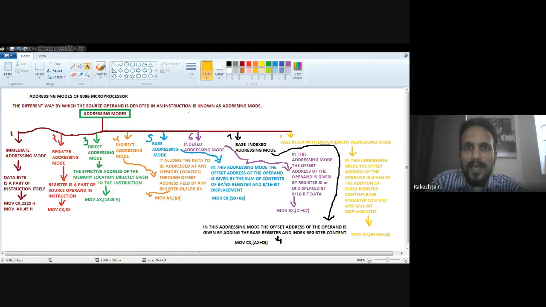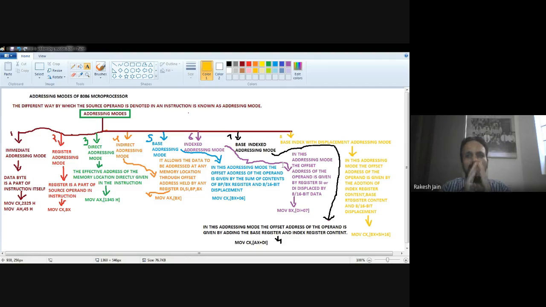When we talk about the block diagram, the bus interface unit and execution unit are two separate major sections in the 8086, which were not present in the 8085. Segmentation is possible in the 8086, but not in the 8085. In the architecture, a 6-byte prefetch queue is possible in the 8086 microprocessor, but not in the 8085. That's why pipelining is possible in the 8086, but was not possible in the 8085.